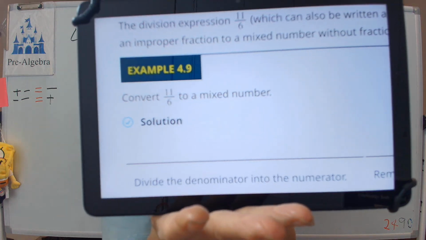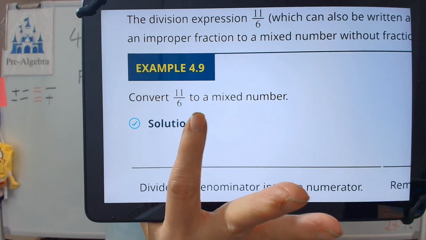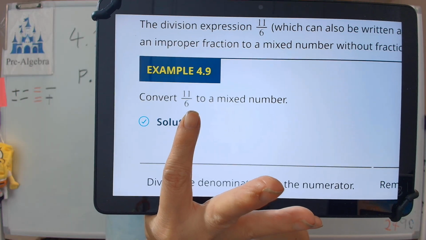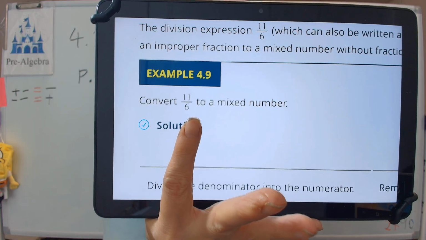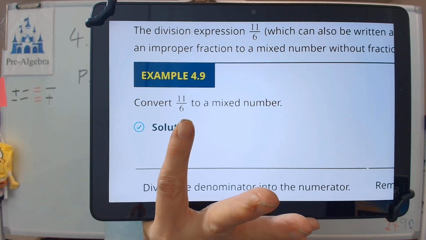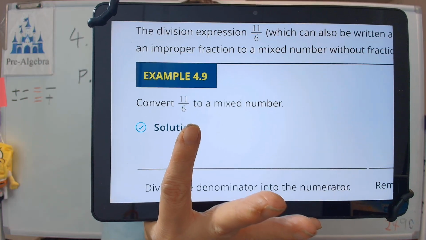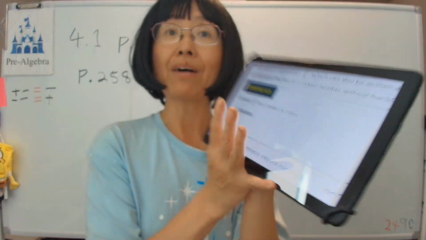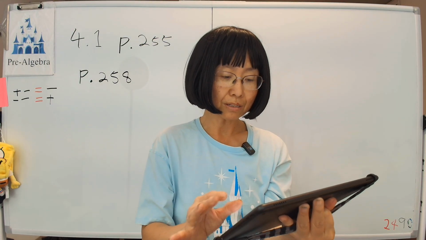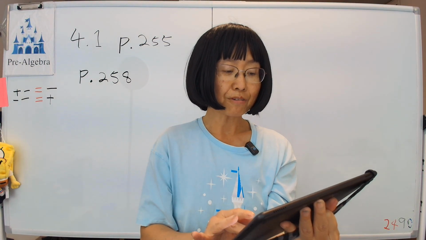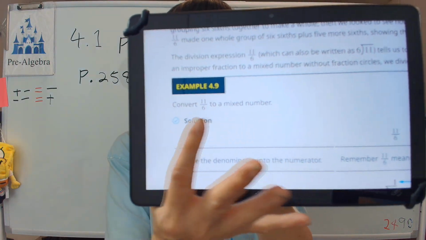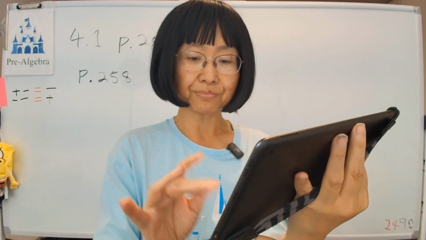Next, let's look at example 4.9. To convert this into a mixed number, you calculate this. First, there's a 6 there. So what you do is see how many 6s go into 11. Well, there's only 1, and then you will have 5 left over, as we mentioned earlier, and therefore the fraction can be turned into a mixed number, which will be 1 and 5/6,